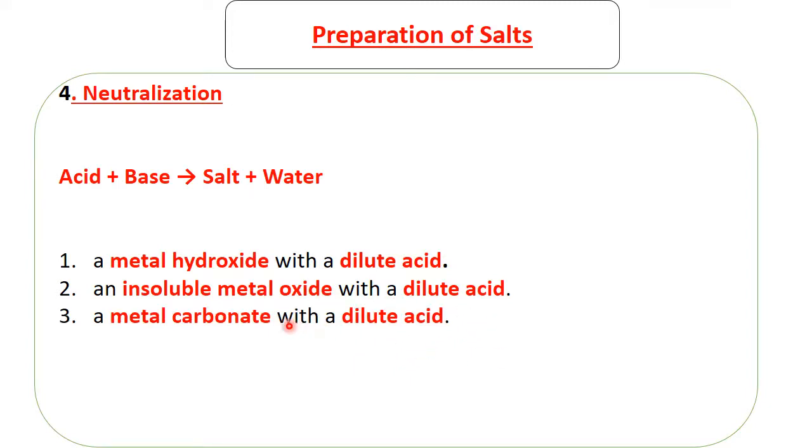The third is where I use a metal carbonate with a dilute acid. Remember the properties of metal carbonate. Metal carbonate usually reacts with dilute acid to form salt, water, and carbon dioxide. So this is another example of a neutralization